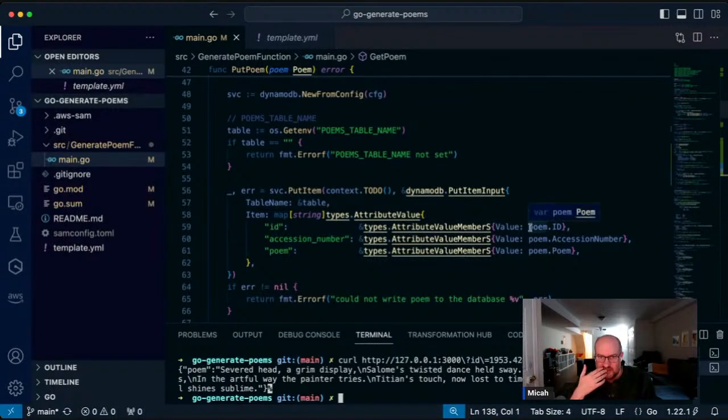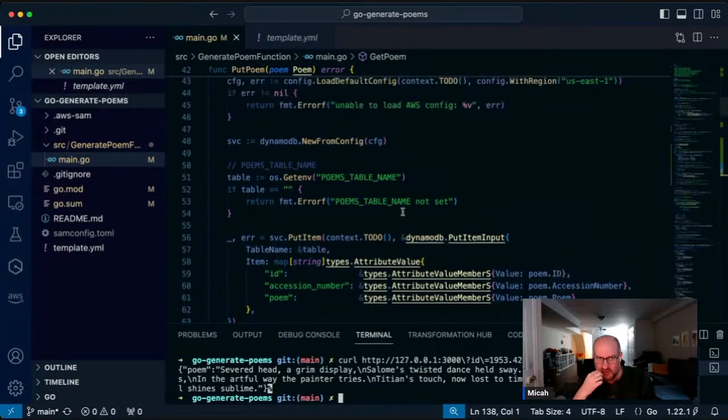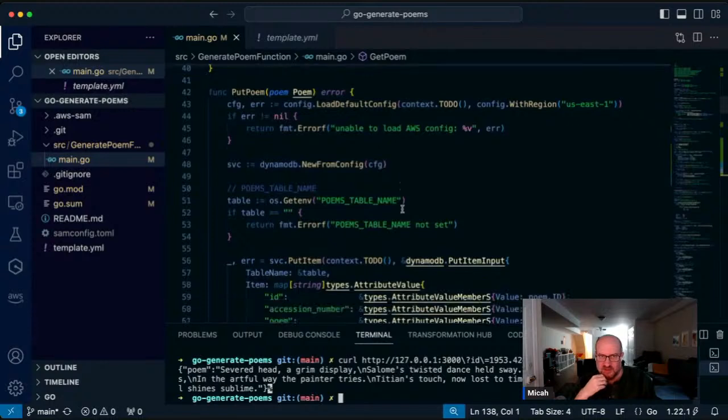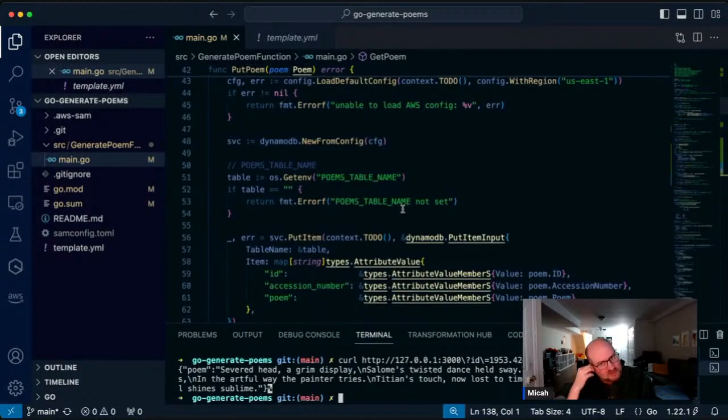We're passing it poem.id, poem.accession number, and poem.poem. So why is poem ID coming up as the accession number? That doesn't make sense, does it?